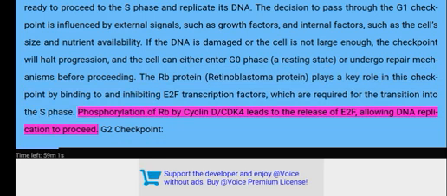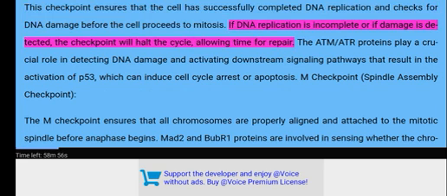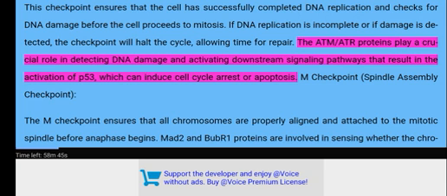Phosphorylation of RB by cyclin D-CDK4 leads to the release of E2F, allowing DNA replication to proceed. G2 checkpoint. This checkpoint ensures that the cell has successfully completed DNA replication and checks for DNA damage before the cell proceeds to mitosis. If DNA replication is incomplete or if damage is detected, the checkpoint will halt the cycle, allowing time for repair. The ATM-ATR proteins play a crucial role in detecting DNA damage and activating downstream signaling pathways